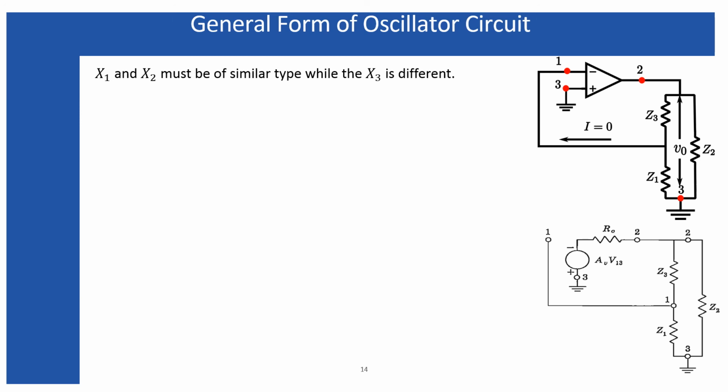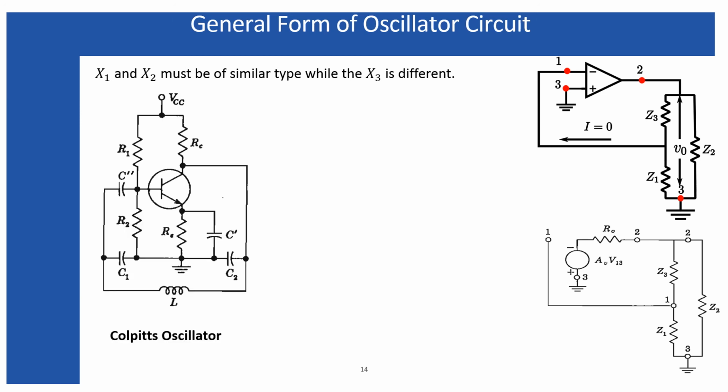Now we are going to design a practical circuit using this configuration. So the first one is the Colpitts oscillator. You can see, comparing this expression, for the Colpitts oscillator, X1 and X2 are the two capacitors. So X1 is that one which has one terminal connected with the ground. So this one is connected with the ground, and the other terminal is connected with the input terminal of the device.